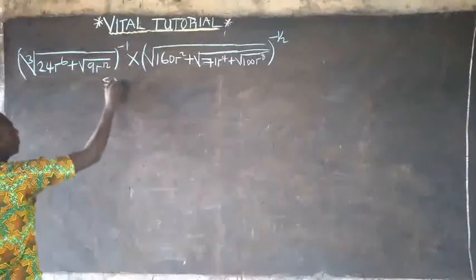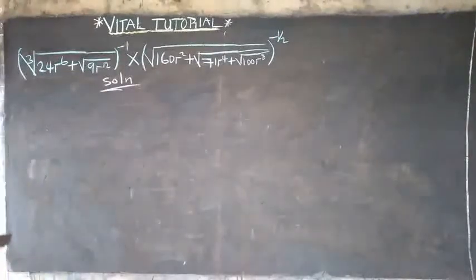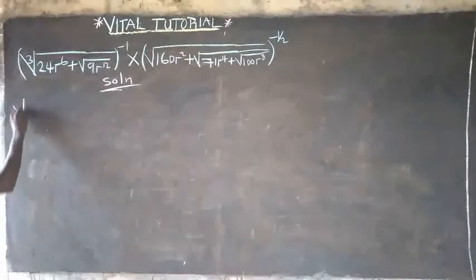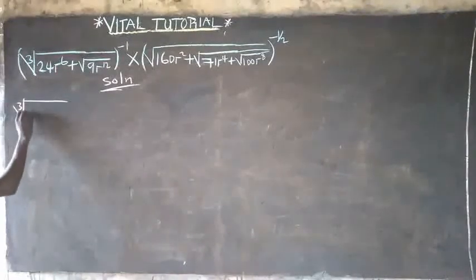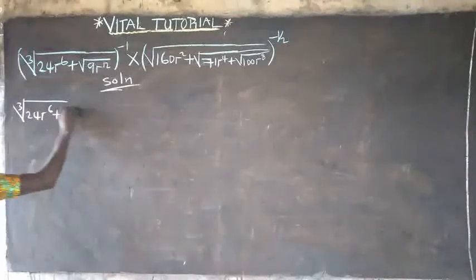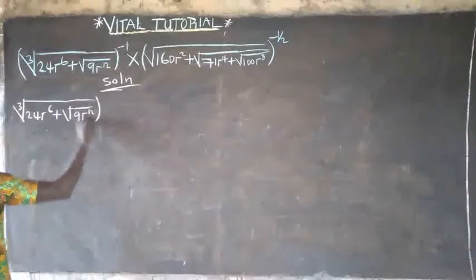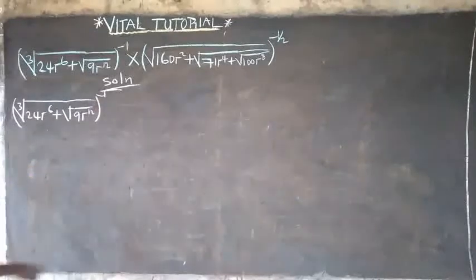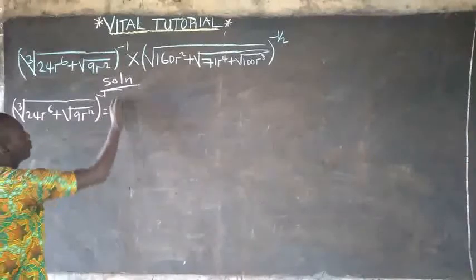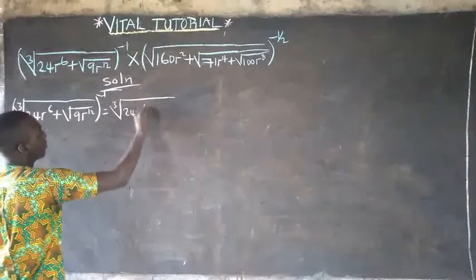Solution. So this is what is going on here. The cube root of 24r raised to the power of 6 plus the square root of 9r raised to the power of 12, everything raised to the power of minus 1, is the same thing as you having the cube root of 24r raised to the power of 6 plus